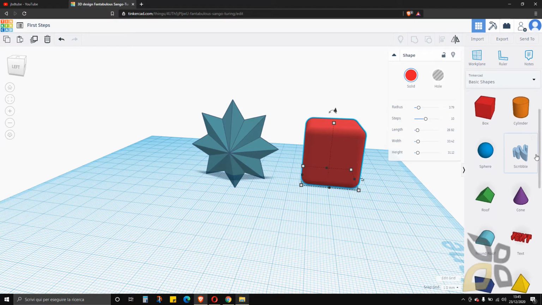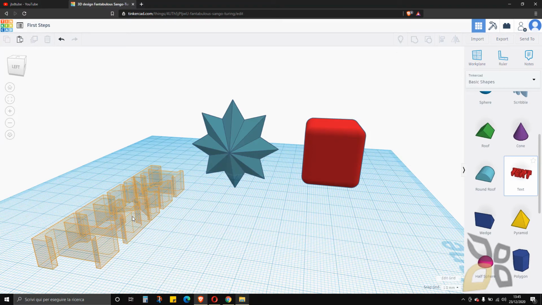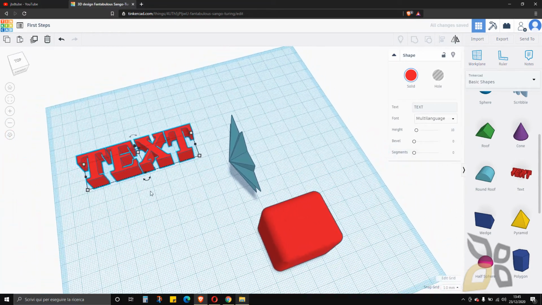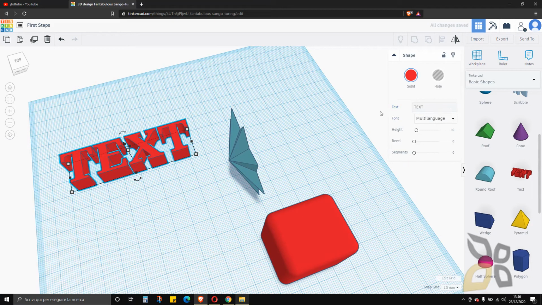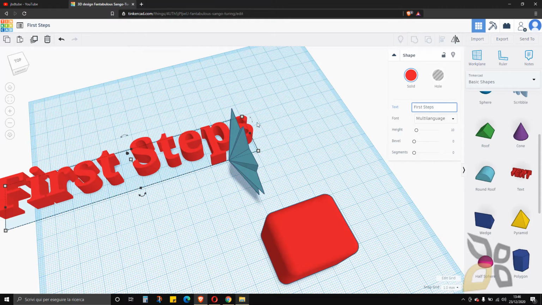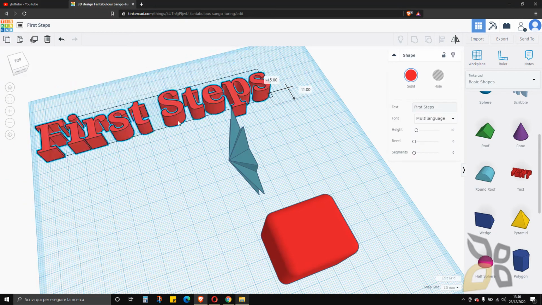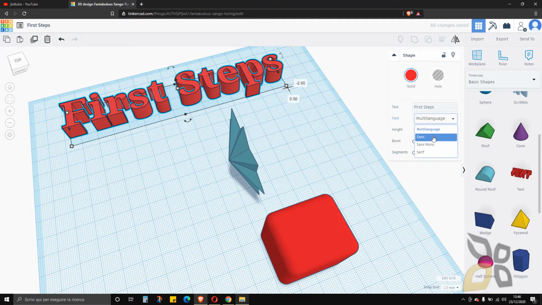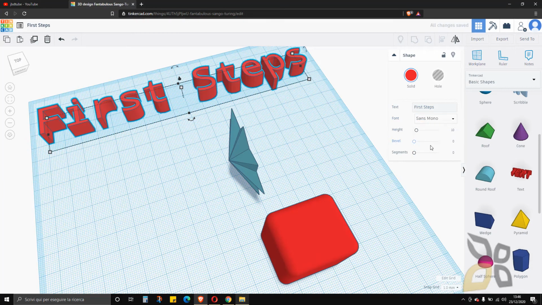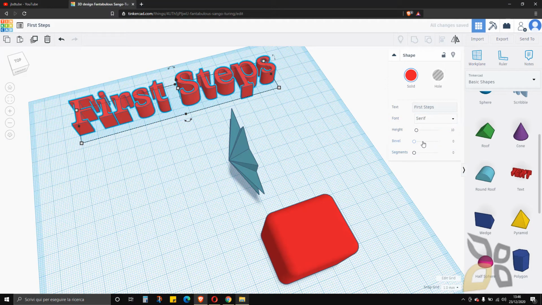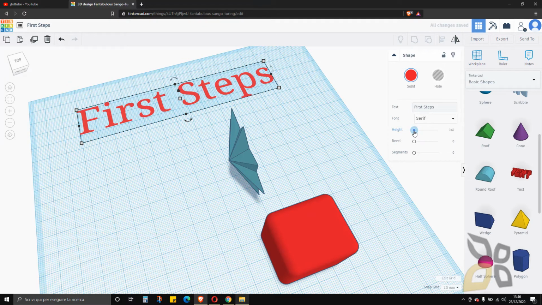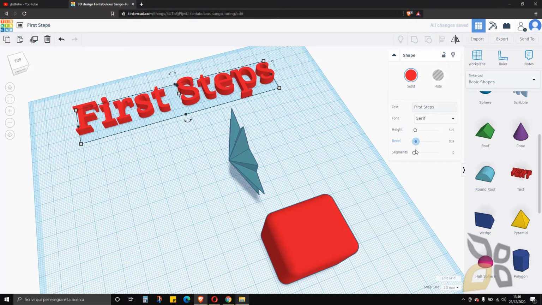And also you have more complex objects, for example, the text. If I drop in the text here, I can change it to anything I want. For example, let's call it first steps. Okay, and I will click this and I will place it somewhere by clicking with the left mouse anywhere, and clicking and dragging. And I can change also the font. And I can also change the height by clicking and dragging again with the left mouse, and the bevel, segments,